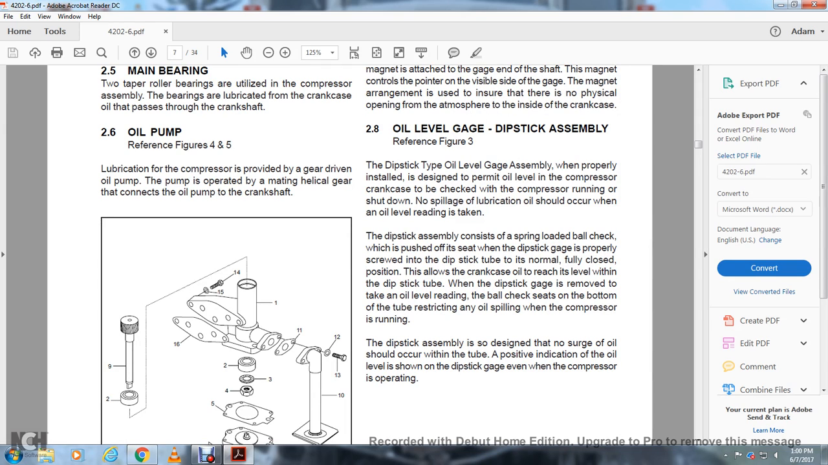The dipstick assembly consists of a spring loaded ball check that is pushed off the seat when the dipstick gauge is properly screwed into the dipstick tube to its normally fully closed position. This allows crankcase oil to reach its level with the dipstick. When the dipstick gauge is removed, it will take the oil level reading,